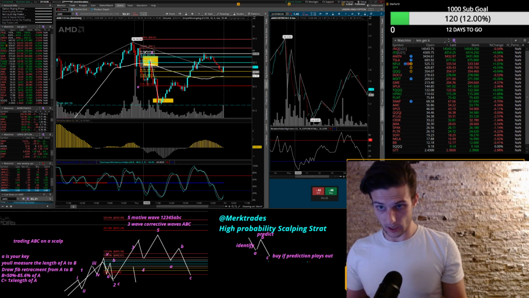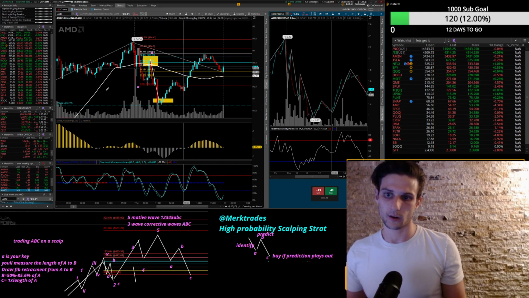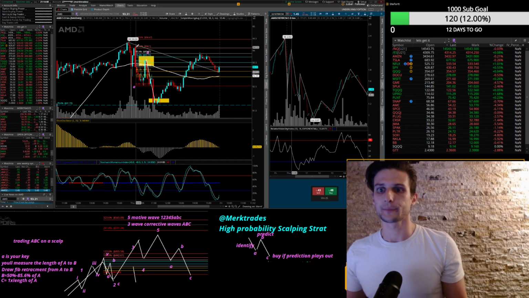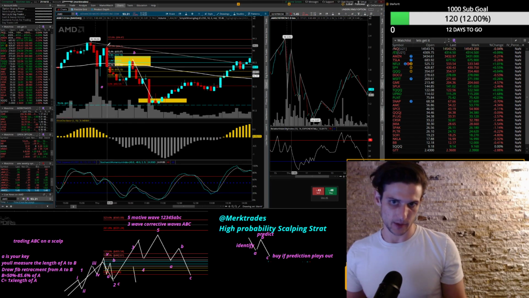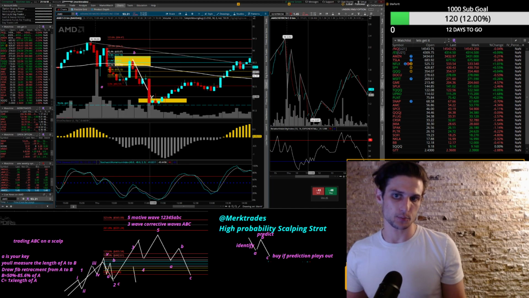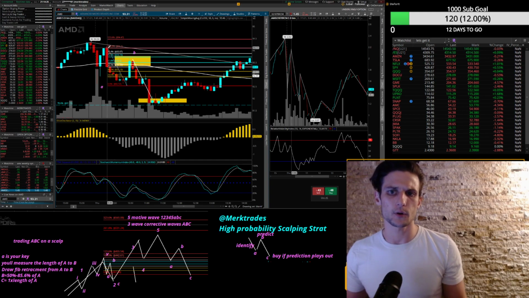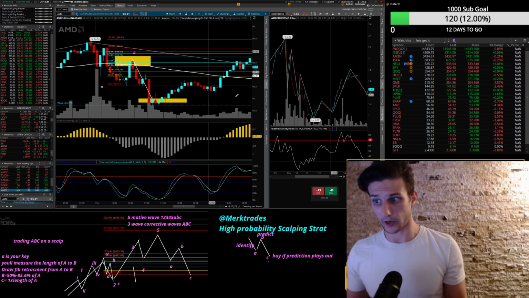Now, look at this prediction model. That's pretty awesome. If you had bought this call as soon as you identified an A down here and a B up, right, what you can do, so your A is from the high to the low, so your A down, and then your B up. As soon as you identify that, you bring the price prediction from your, so you draw a line from A to B. Things like to be symmetrical, right? So draw your A to B, bring it over from your B to your C, entry zone, and you would have gone from